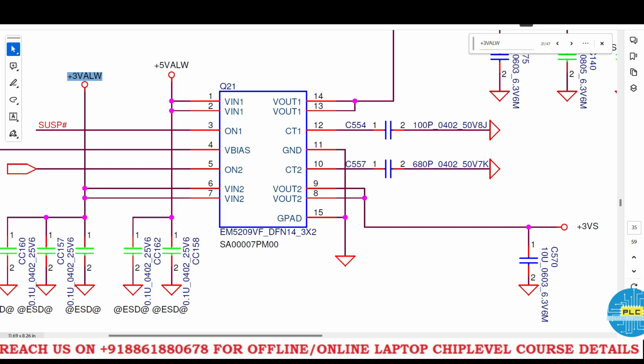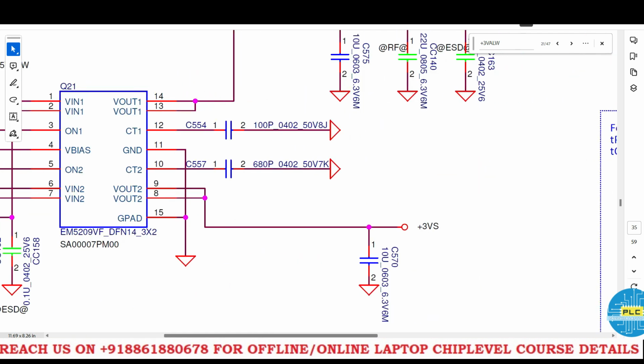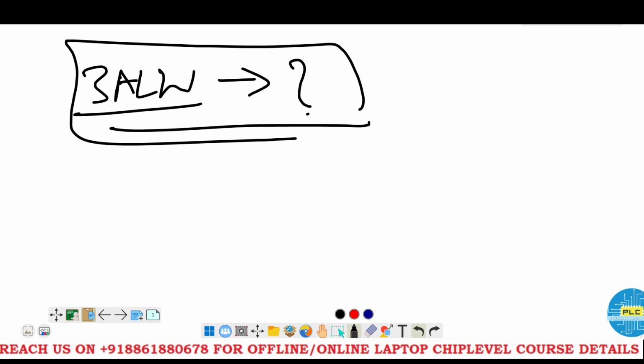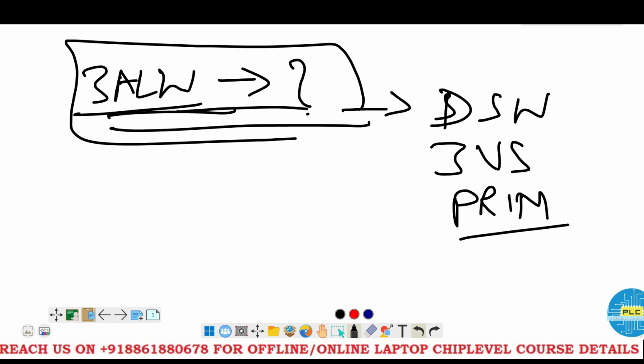But once we get the SUSP# signal, this one is for SUSP#, correct, then it's converted to 3VS, the most important signal or voltage. So that's it: where the 3 volts has gone and what it converted to, the DSW and 3VS prime voltages, LAN,